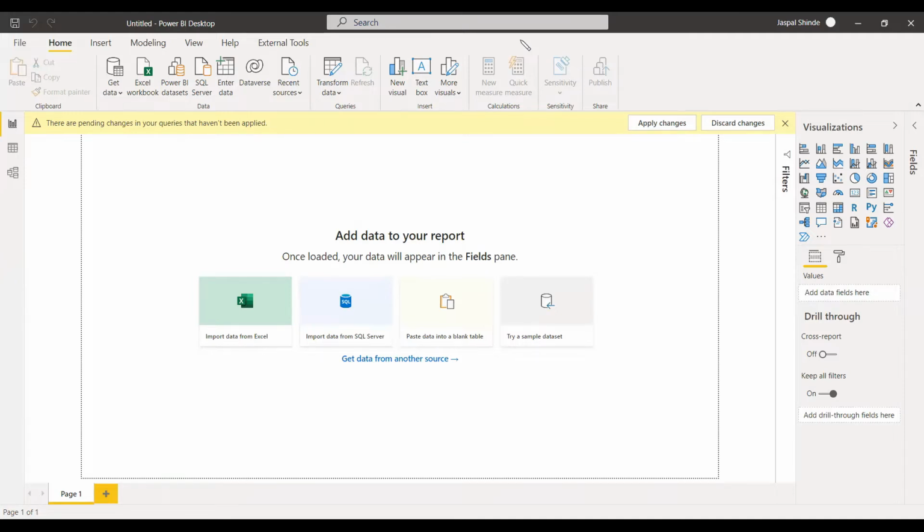We'll take this country table and duplicate it. We'll use that country table as a dimension table for this fact table, and we will give the country ID into this fact table. So we can go to the country table and right click on that,